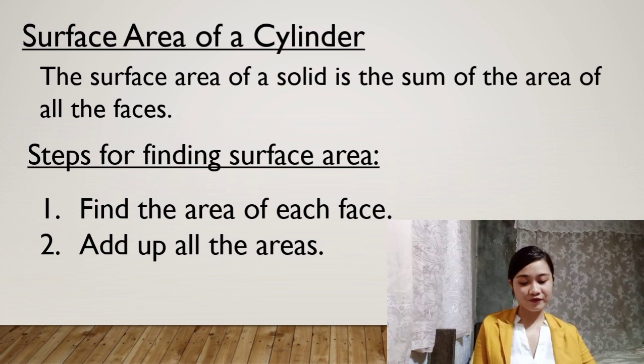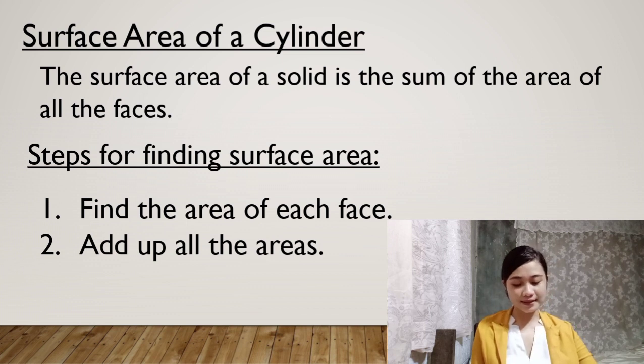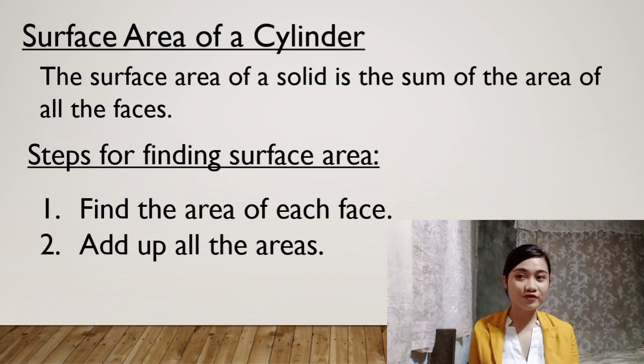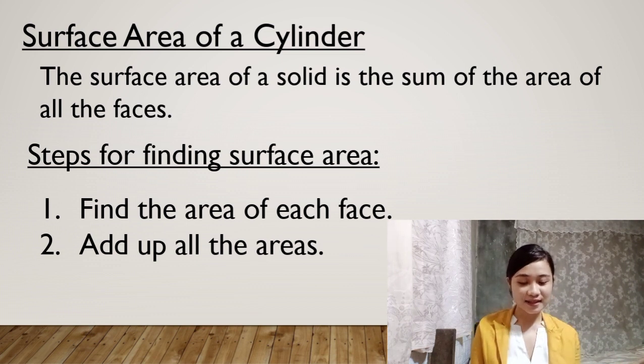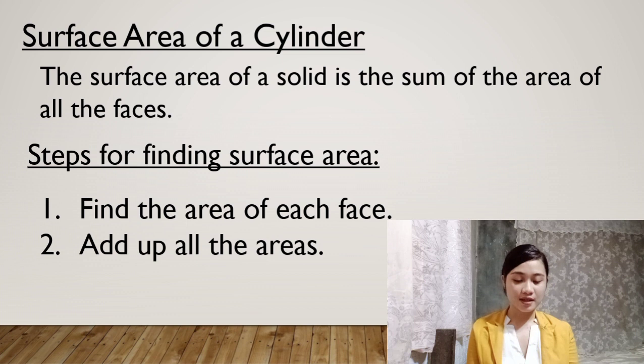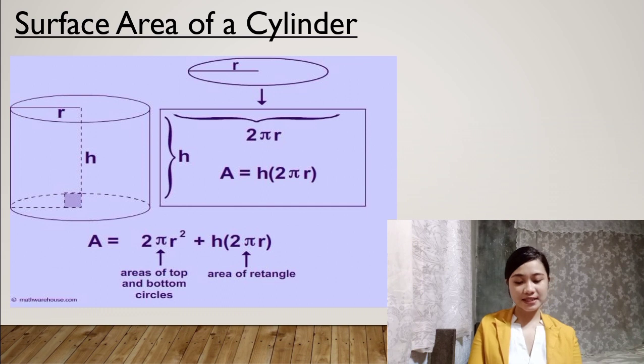So accordingly, there are steps for finding surface area. We have two steps. First is to find the area of each face. So we are going to find muna in order for us to solve. Okay, and then the second one, add up all the areas. So that means in finding the cylinder, we have two areas, and then all we have to do is to add and then we have an answer. Okay, so eto na, surface area of a cylinder has two areas, so all you have to do is to